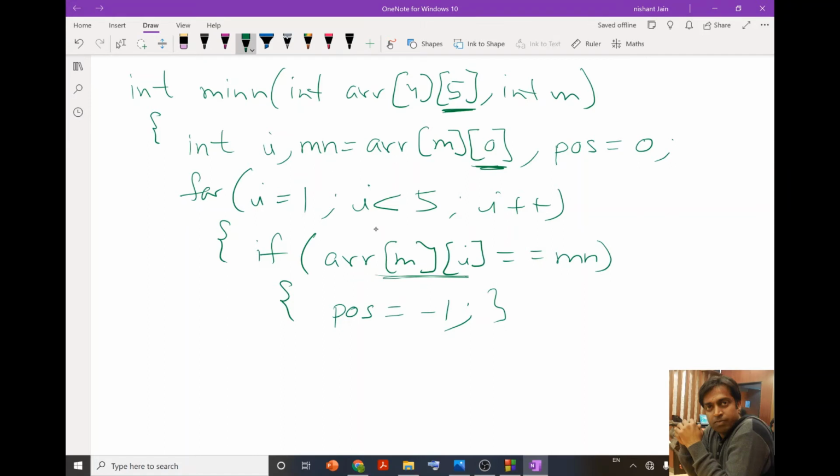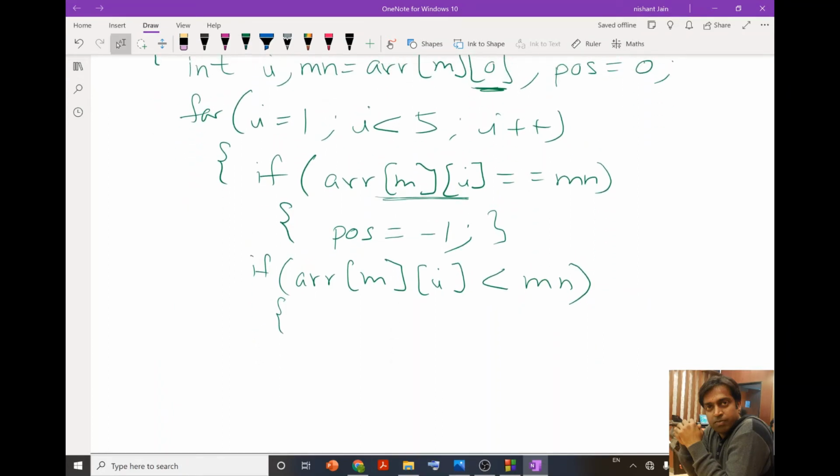Now after this we are going to check if mn I is less than mn. So if this is not the condition, then we are going to check this condition, if the first element is less than the first element.